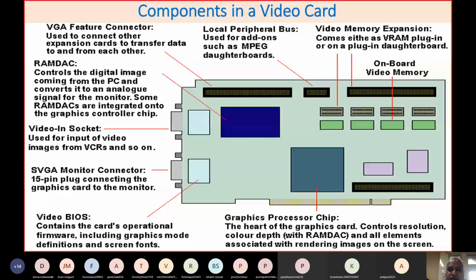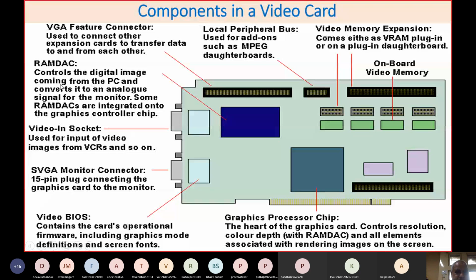Externally, the very first component on the left hand side is the VGA feature connector, which we use to connect other expansion cards to transfer data to each other. That means this particular slot is an expansion slot, and it can be used to connect other expansion cards.